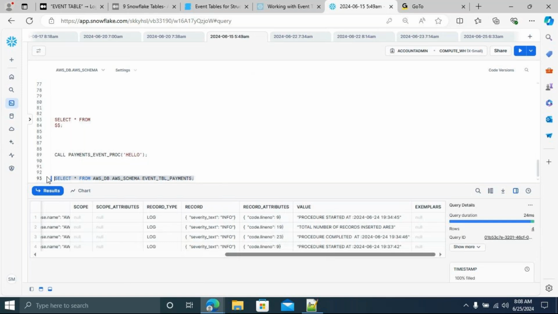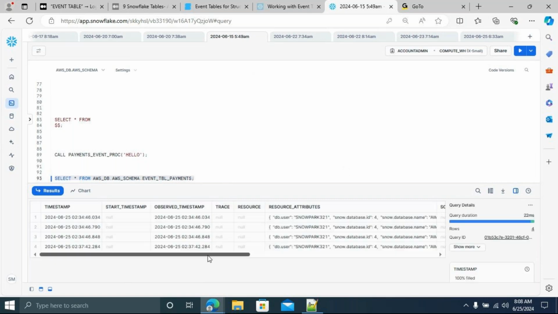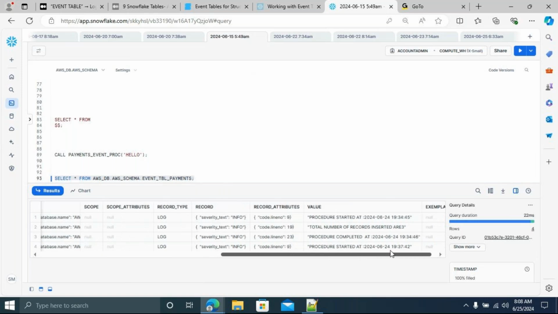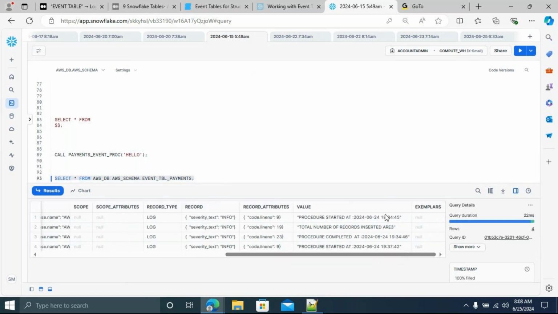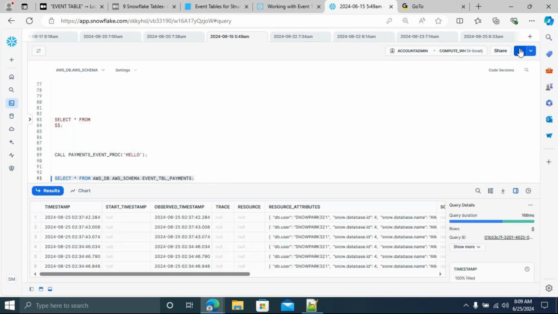I'm not able to see the number of records. Procedure started at, it's coming. Total insert 3 is correct. And then 46 coming, 1934, and then 1937, proc got started. It's not capturing the information. Yeah, it's slowly updating, guys.